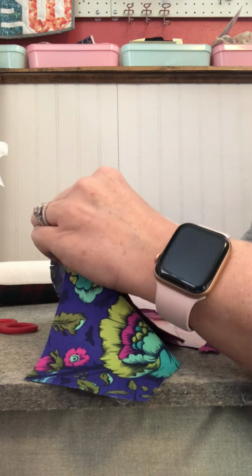I'll show you. So I'm just doing a pin to make these match up. It's going to be awkward at first because it's curved. And then you're going to do the bottom seam also. So line them up. Sometimes you got to